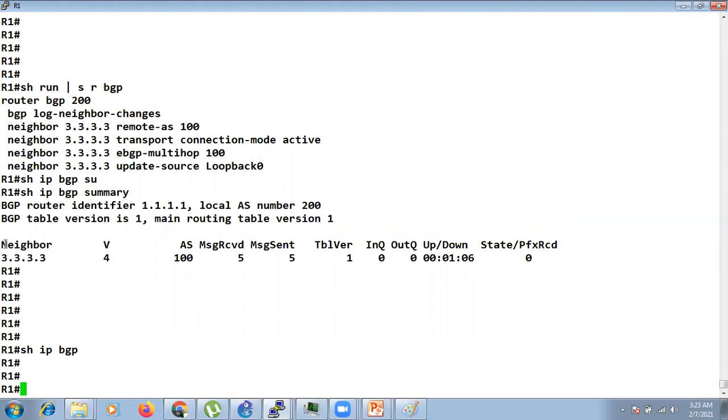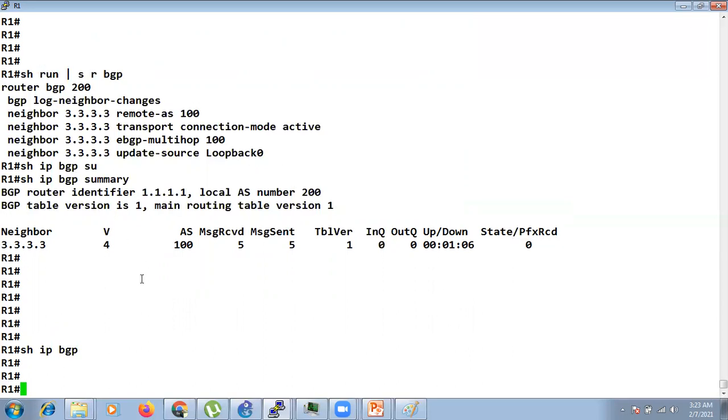This command will tell us the neighbor IP address, in which AS number the neighbor lies, the status of our neighborship, whether it's up or down, for how long it's been up, and how many routes we have been receiving from the neighbor. Okay, so